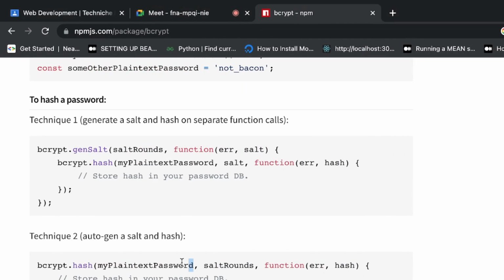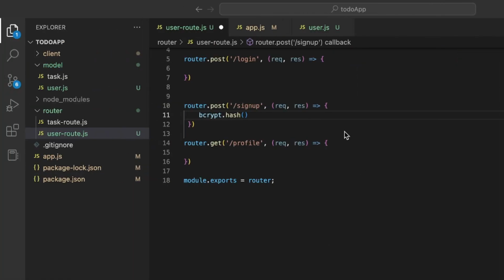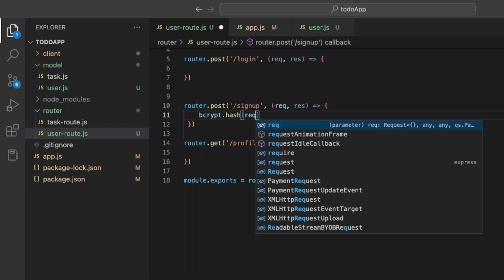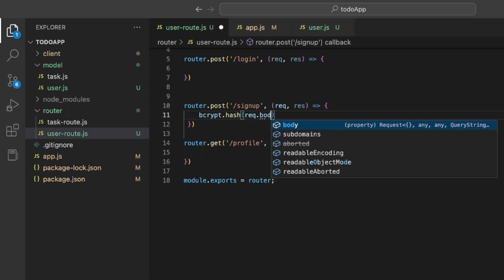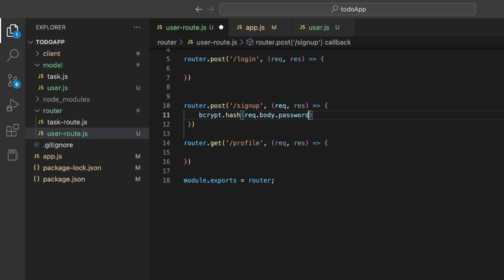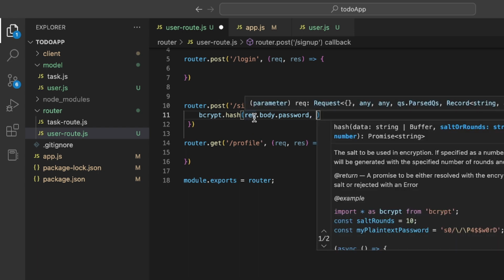Your password is from your random pass. So I use